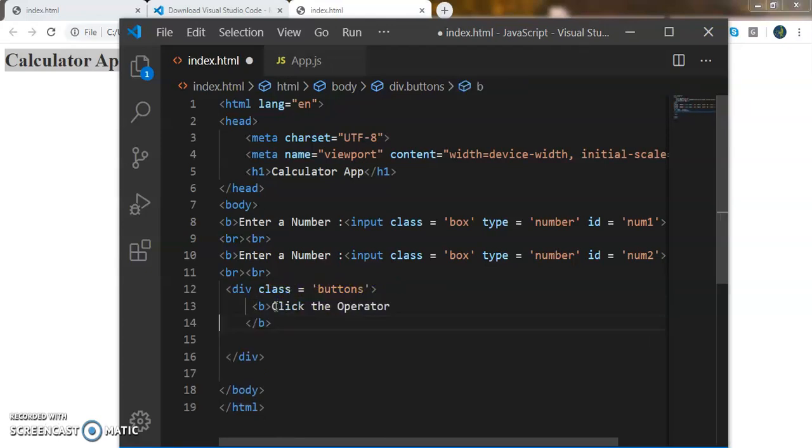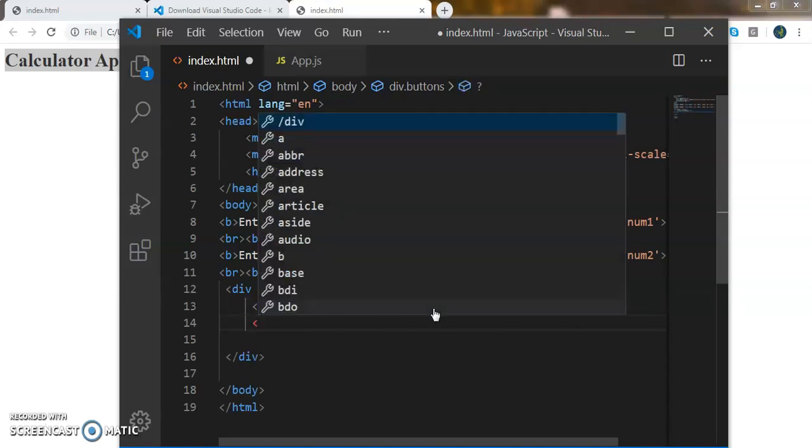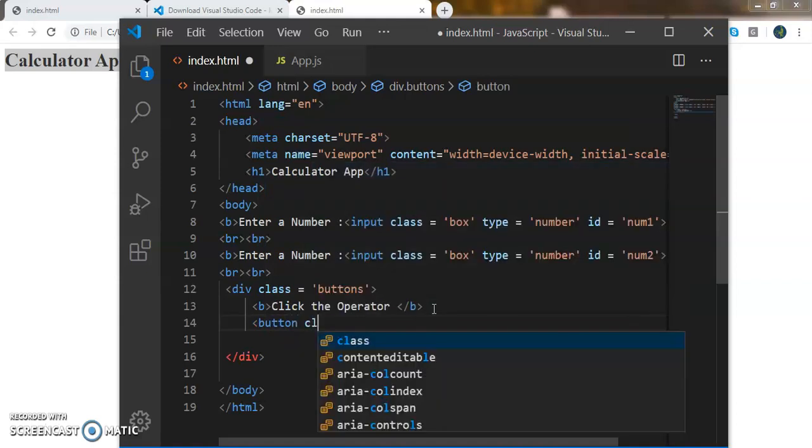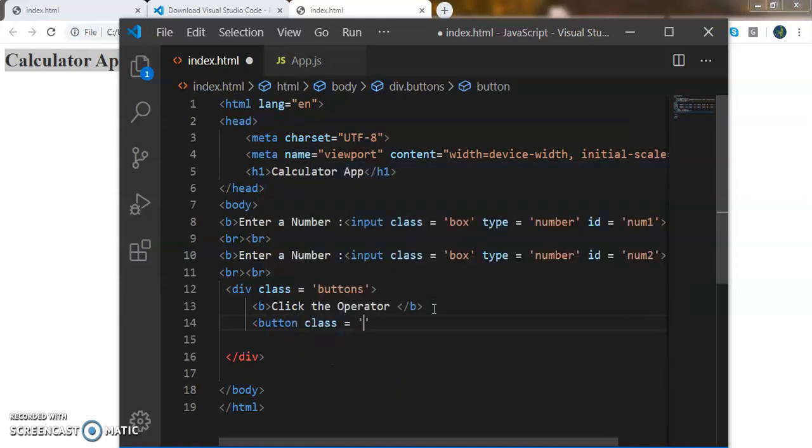Just cut and paste in this. And then we start coding the buttons. Say class equal to operator and ID as add button, and the symbol should be displayed as plus.